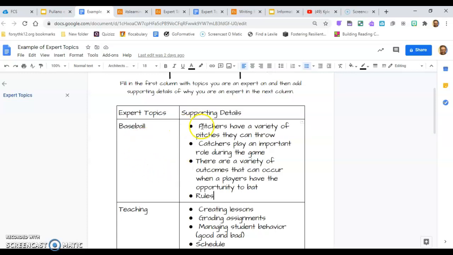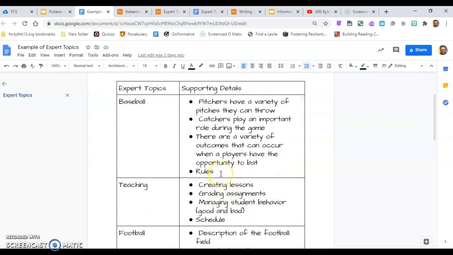about. I talk about the pitchers and how they have different throws, pitches that they can do, catchers and the role that they play, how to be a successful catcher playing baseball, the different outcomes of hits, what can you do as a batter, a single, a double, a triple, a home run, stuff like that, striking out. I could write about the rules in baseball. There's a lot of things, and I'm going to narrow down to 3 things, but today if you can talk